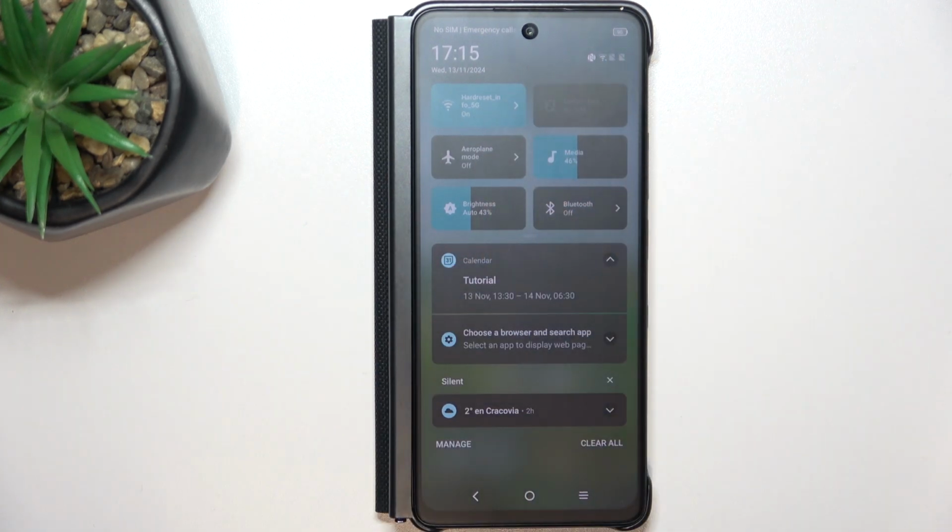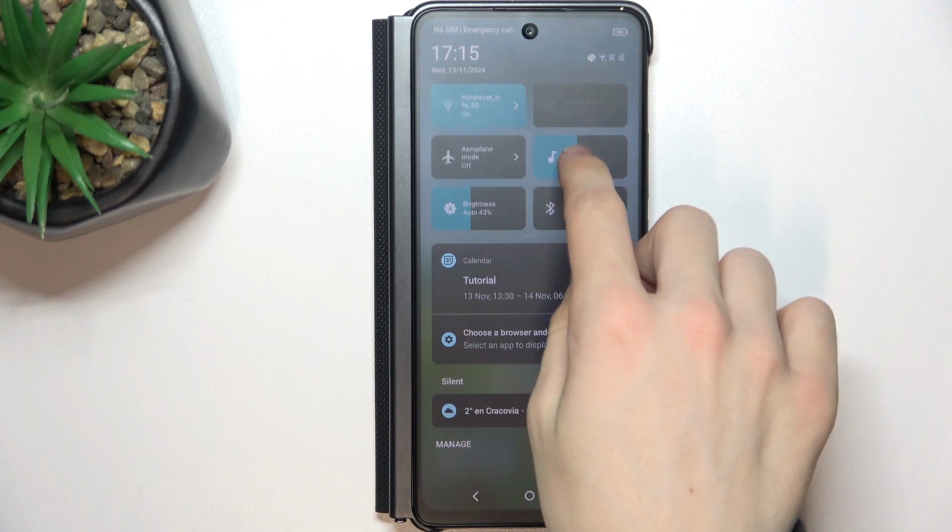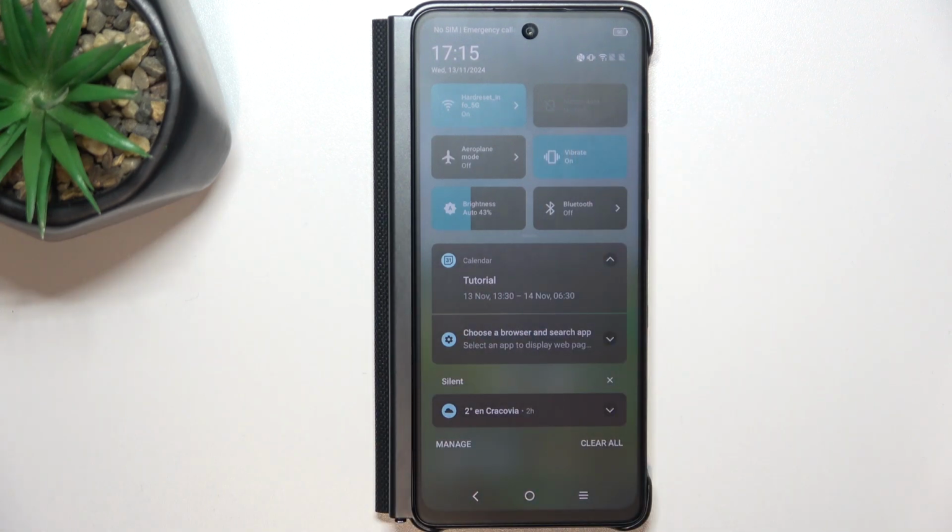Now it's sound mode, so you will hear the incoming ringtones and notifications. Now it's in vibrate mode, so you will hear the media sound, such as music or video audio, but you will not hear the ringtones and notifications, and instead of that, you will feel vibrations for incoming calls